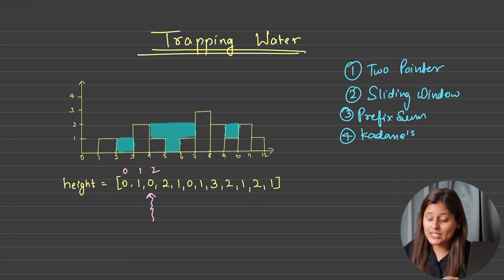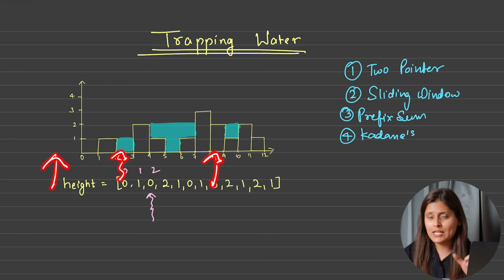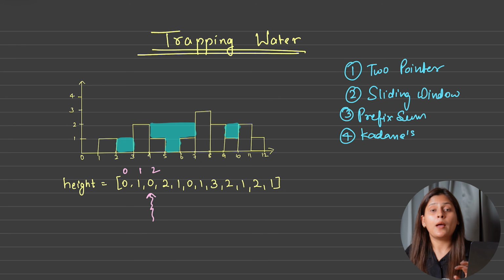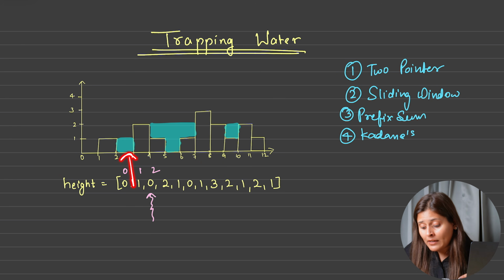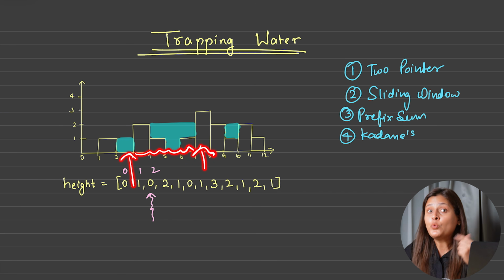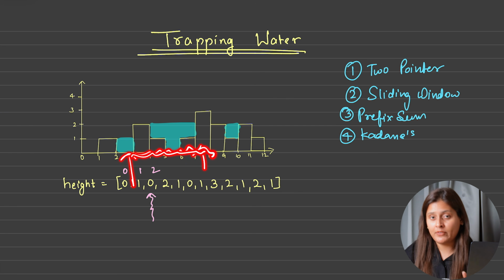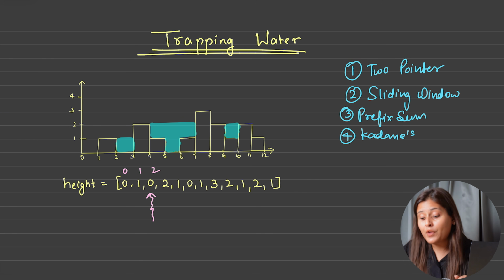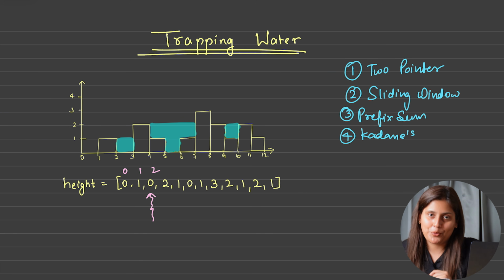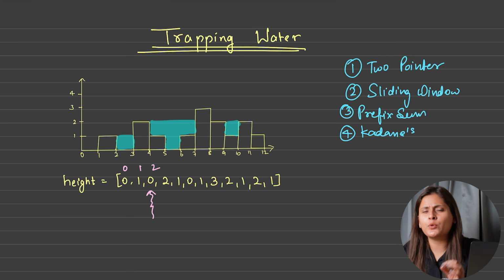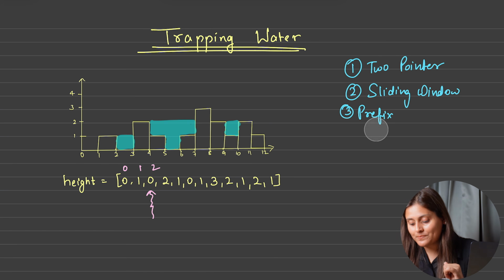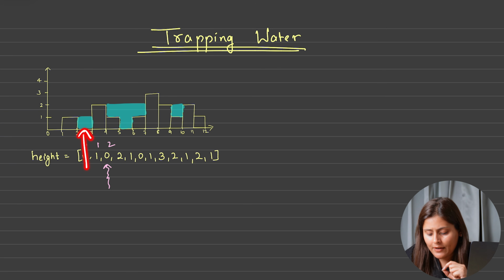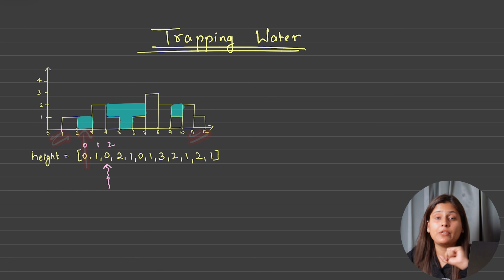But in this case you can see for every index we want the leftmost index and the rightmost index for maximum height, and we want to subtract and do something, but not everything in between those two indices. So when we do not want to take care of everything in between those two indices and instead only want those 2 points, we always go with the 2-pointer approach. And with the same idea here also we will do the 2-pointer approach. Let's see how.